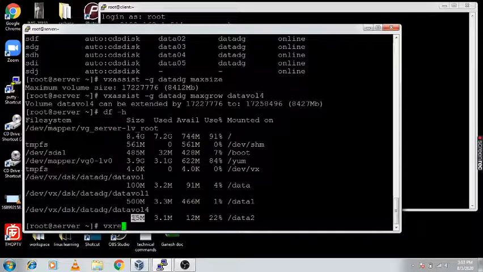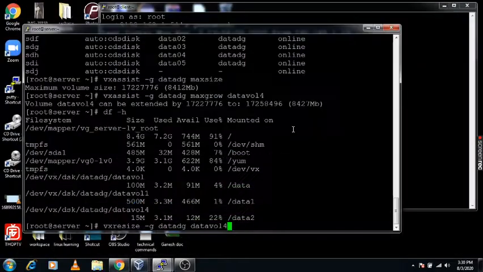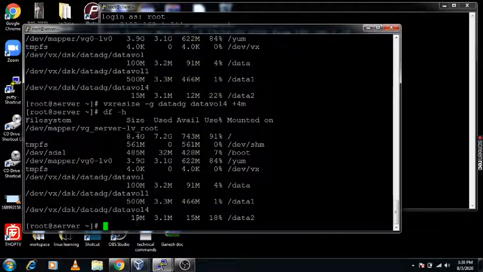So using vxresize -g DG name and volume name, I'm resizing it, so I'm giving plus 4M. Now you can check, the size has now grown to 19 MB.